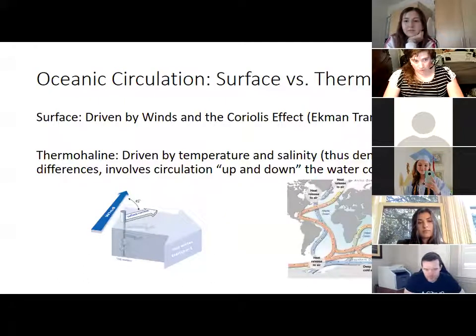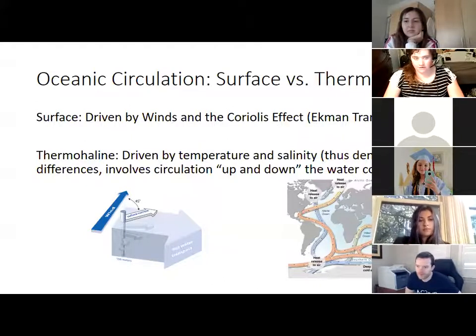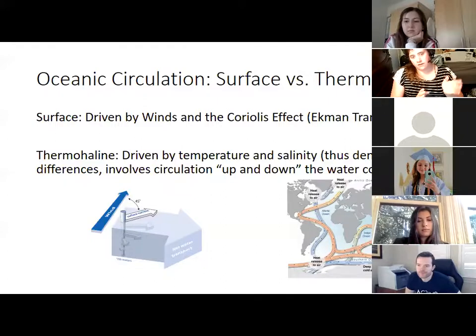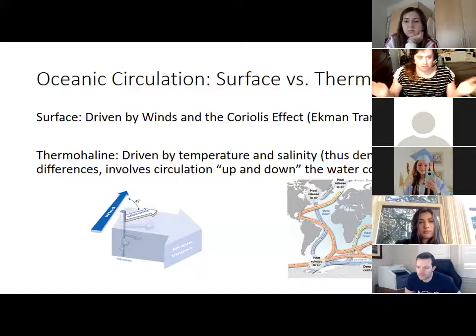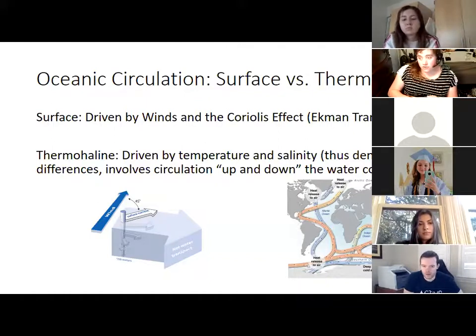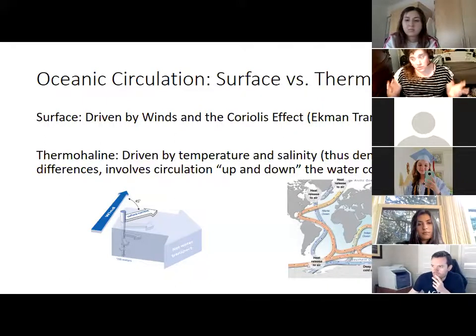So one thing I want to say is that with ocean circulation, when you first start out learning circulation, you have to remind yourself, am I dealing with what's going on at the surface, or do I care about ocean water sinking or rising at all? At the surface, pretty much all that's relevant to driving ocean water is winds and the Coriolis effect. And winds and the Coriolis effect together make Ekman transport.